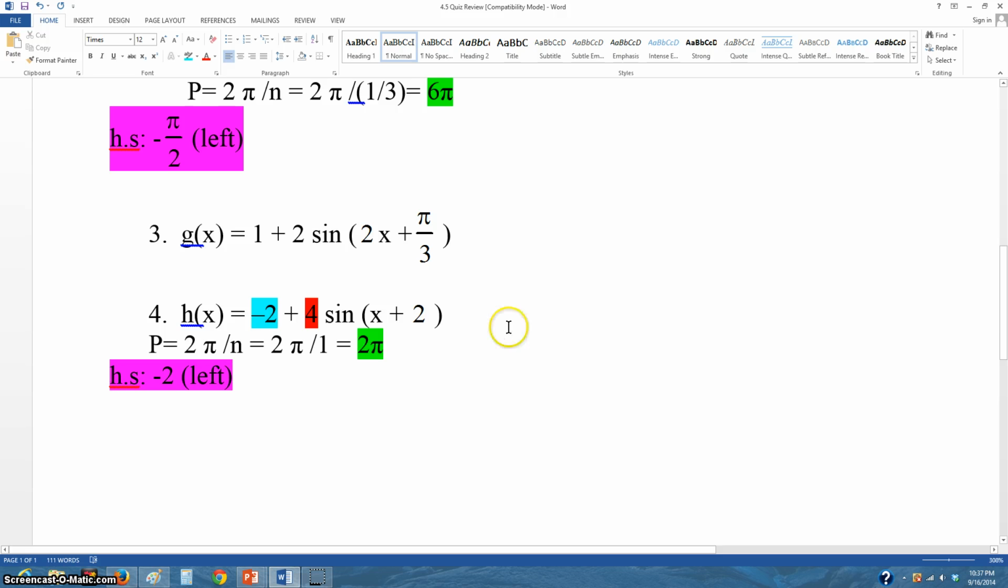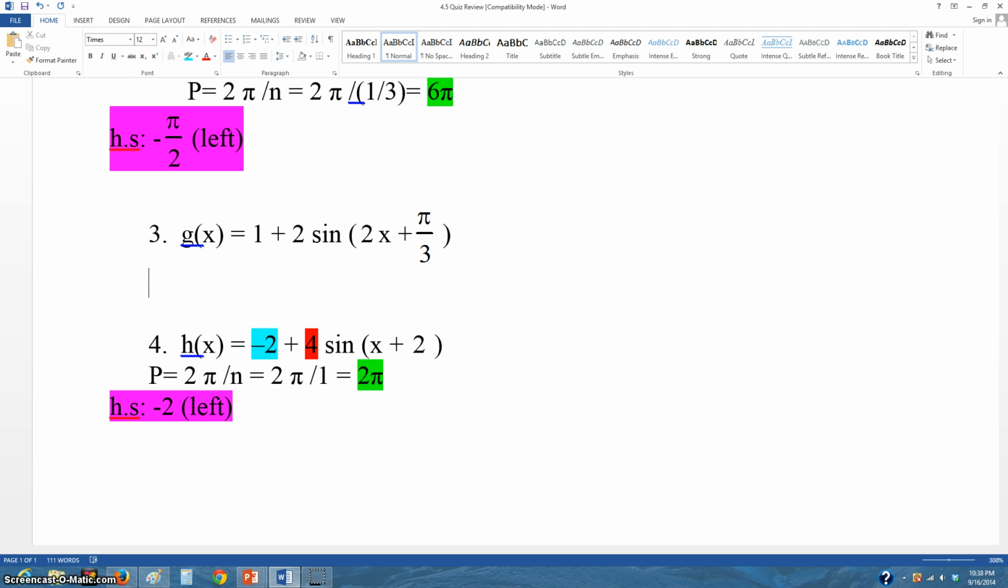Let's go on to number 3. Number 3 is a little bit more difficult because x has a coefficient of 2. So that means I'm going to need to factor out that 2. If I factor out that 2, I get g of x is equal to 1 plus 2 sine of 2, because I factor it out. Remember that I said that factoring is a fancy word for division. So let's take this, which is 2x,